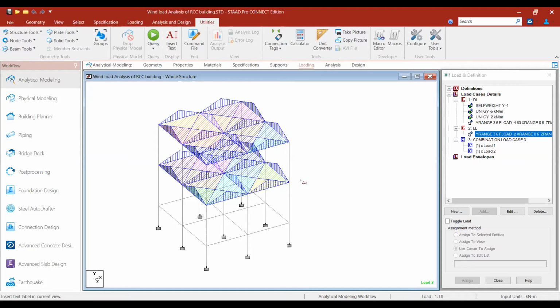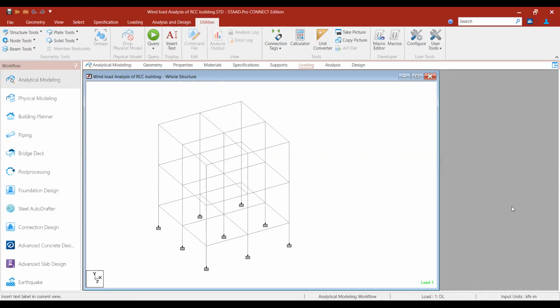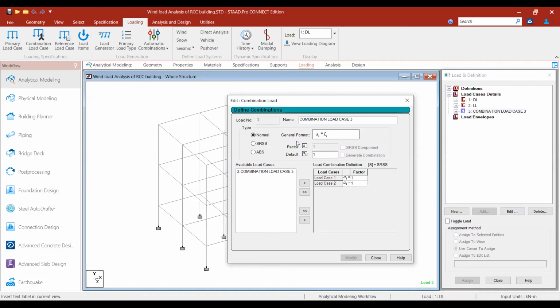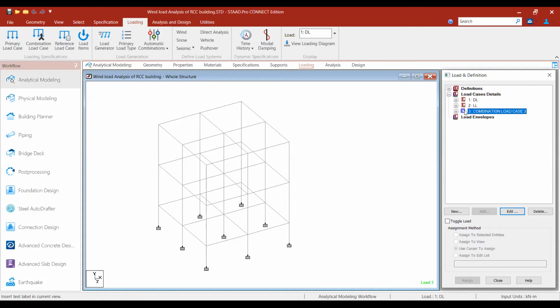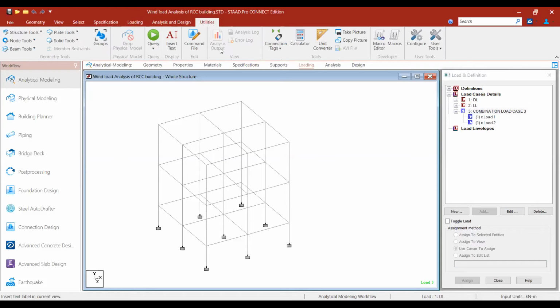In the command file, you can edit it. We will do it in the command file. Load is 4. Combination is 4.